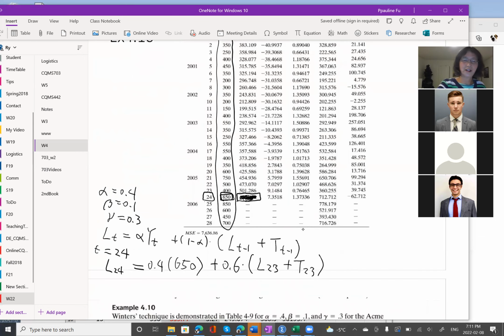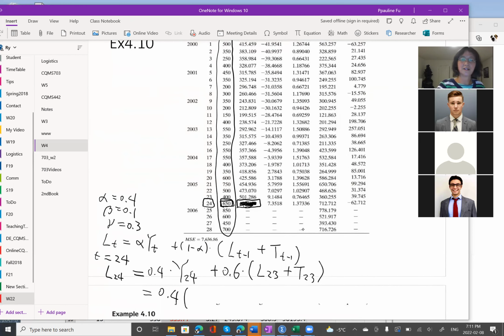Here I should write down y23 to be consistent. So 0.4 times y23, and then I plug in, no, I made a mistake. This one should be 24. The formula says LT equals alpha times YT. So 0.4 times Y24. Y24 here is 650, plus 0.6 times L23,